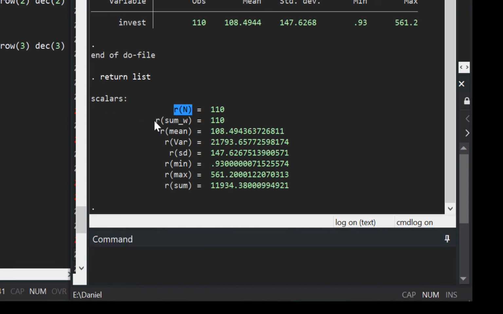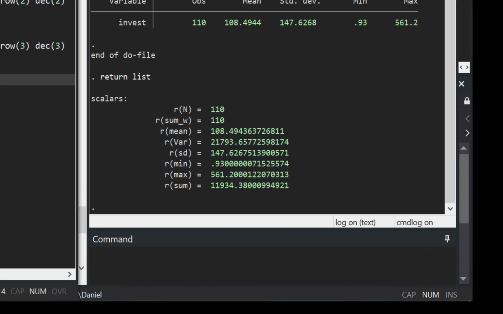We have r(sum), that is, we have mean, variance, standard deviation, minimum, maximum, and sum. So we can collect these statistics and write to our table.